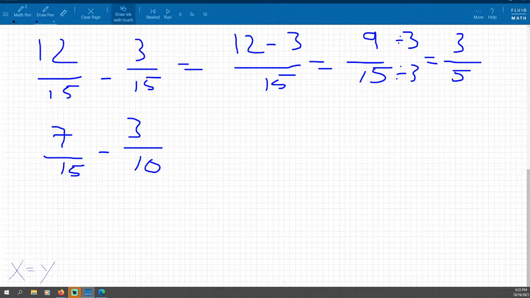So we need to find a common denominator. And we want the least common multiple. So before we were looking for the greatest, now we're looking for the least. So if we do the set of 15,